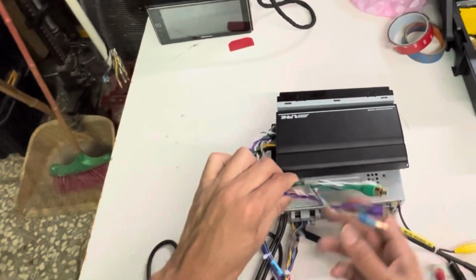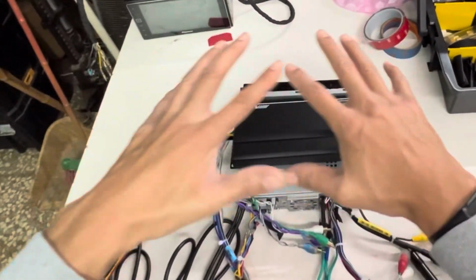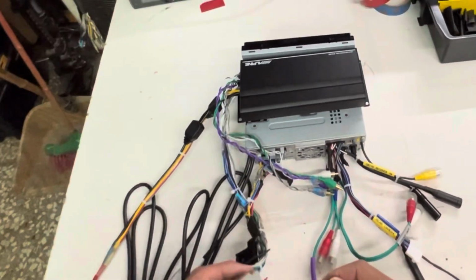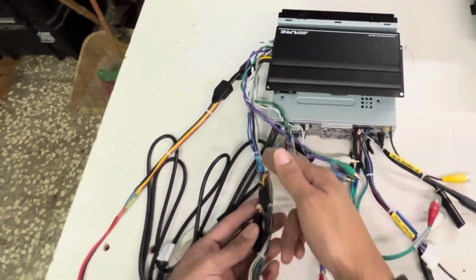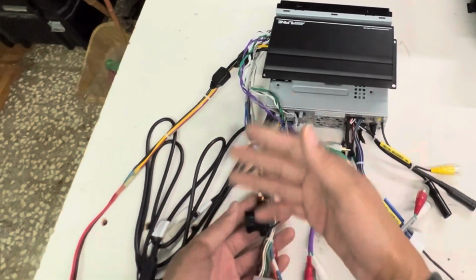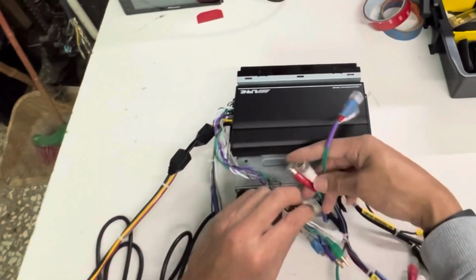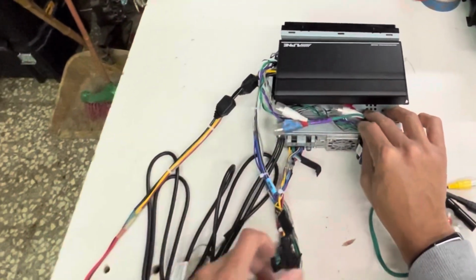I want to clip these and make these shorter. The idea is I want to make this into a solid unit. Plug and play, basically. I'll have as few various attachments to the Jeep as possible. So I've redesigned the wiring harness as such. But so you have your speaker connections, which will be something like this. And then